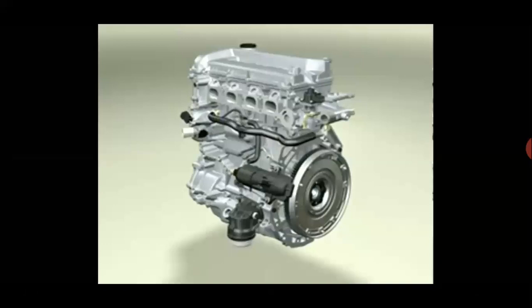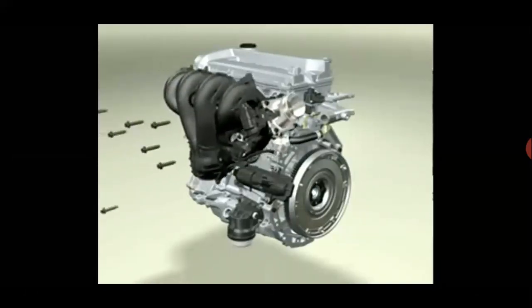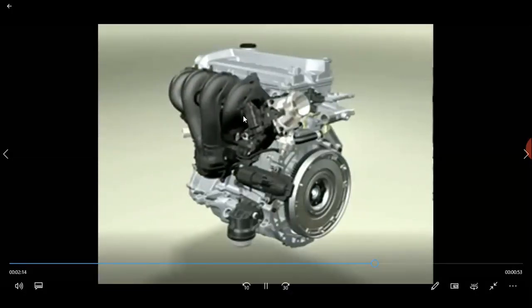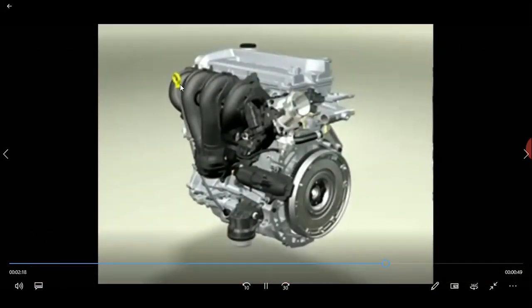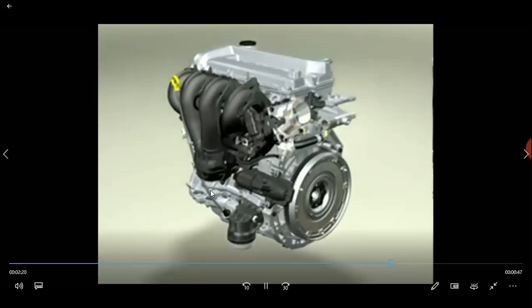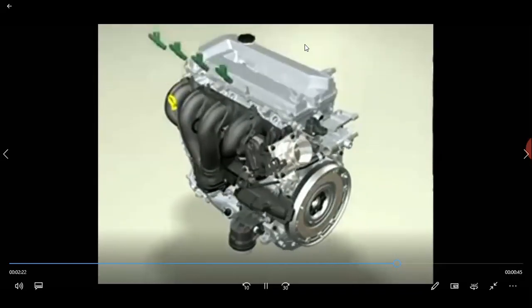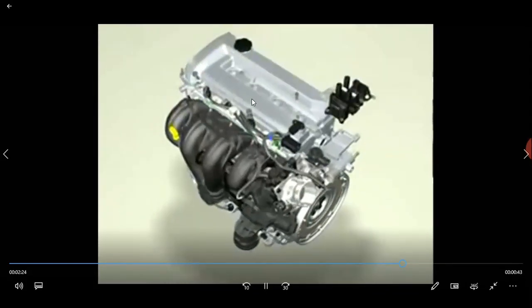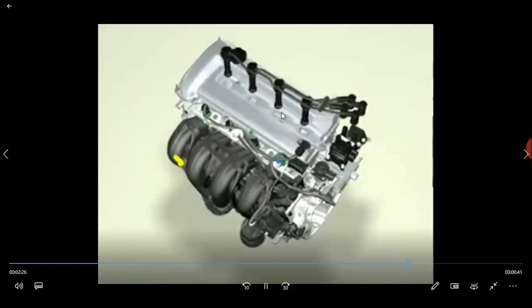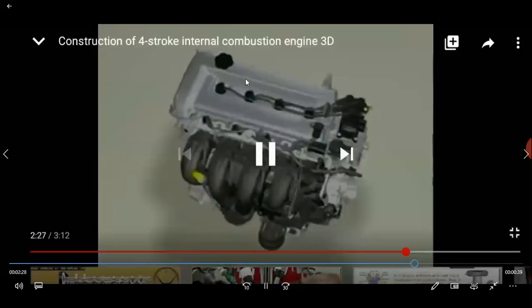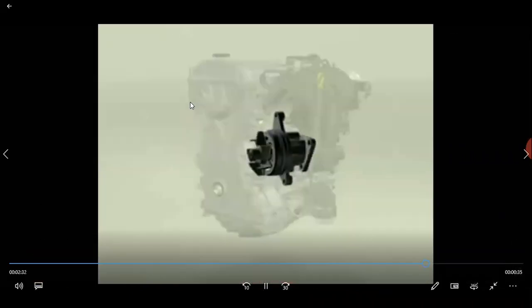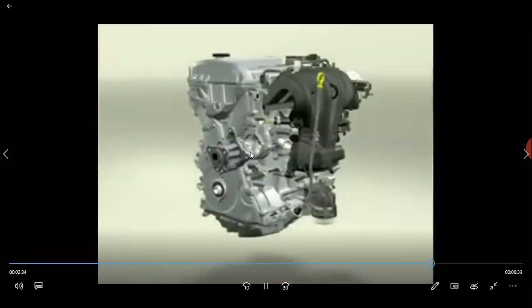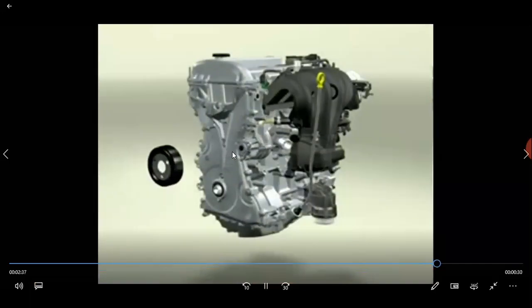Carburetors. This is the assembly, that is the exhaust manifold. This is the oil level checking, the yellow color oil level checking. And these are the spark plugs which are fitted, and the wires are connected from up, from where it will get the current. This is the coolant pump. The coolant comes and is pumped inside the cylinder.